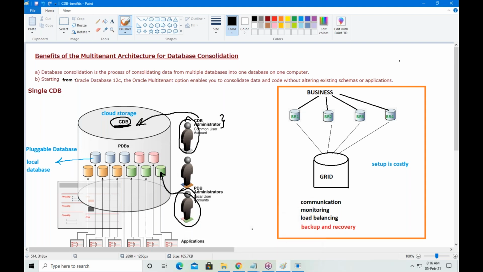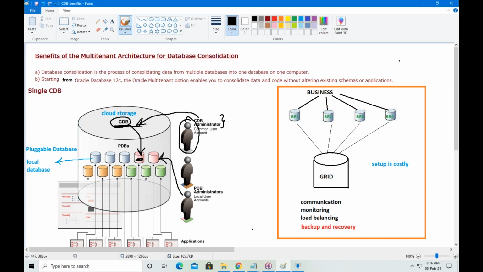So again I am repeating, guys: a developer always works with the local database. The DBA is presently connected to the global database, so the DBA switches into the local database. In the local database, he will create the user account.